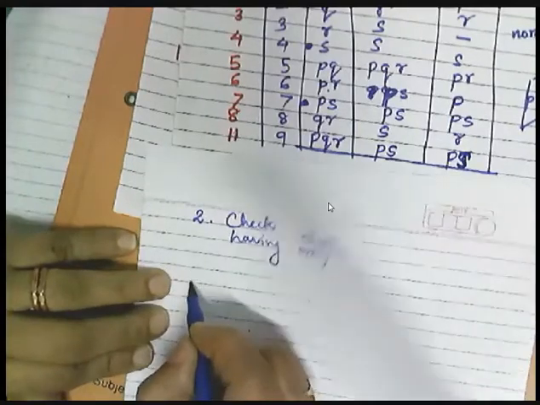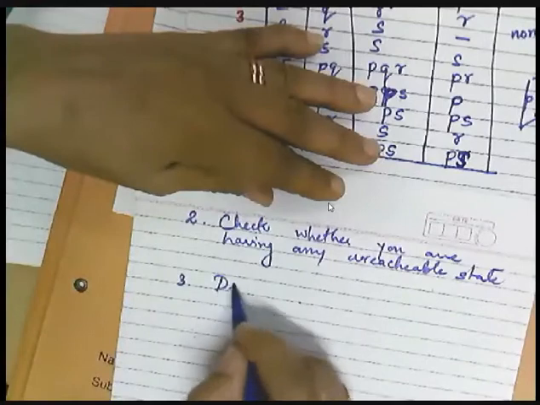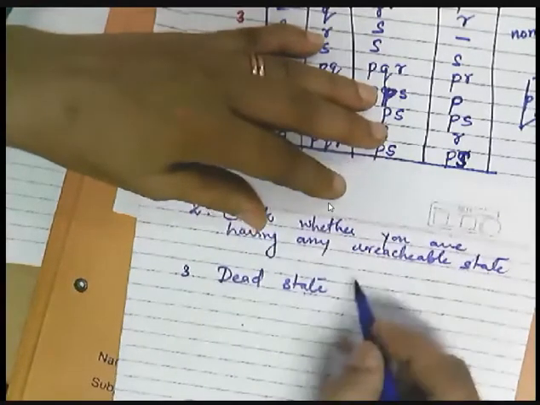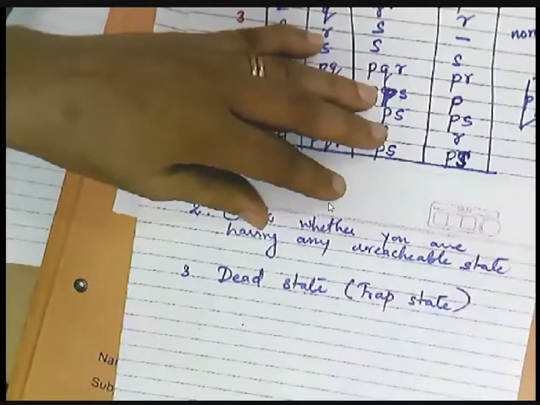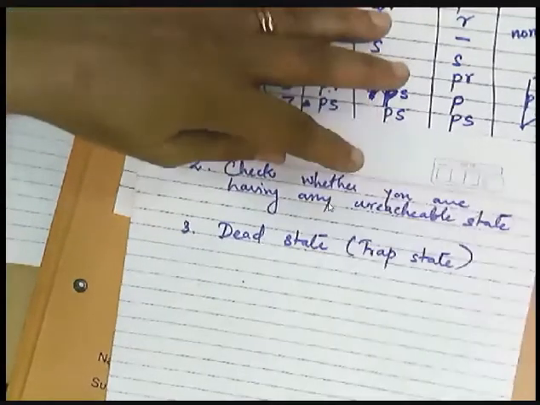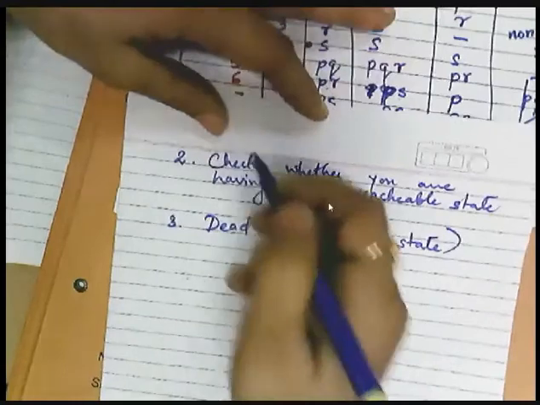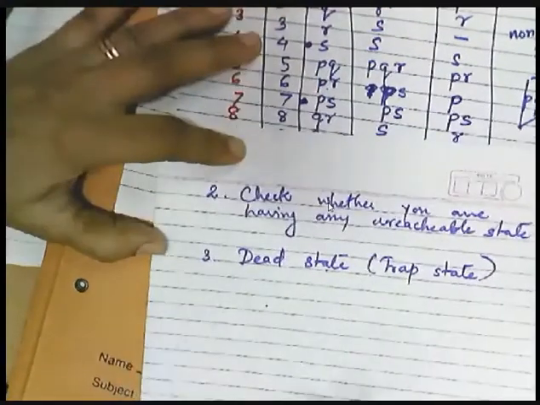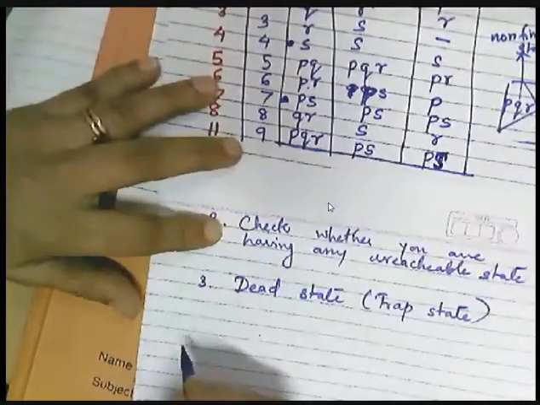And the third case is, are you reaching any dead state? Dead state example I have given in the last discussion, or a trap state. That means once you reach this particular state, there is no movement to any other state or towards a final state. So we want to also check for these things. So how will we check? Very first I will draw the diagram, that is the transition graph for this given one.